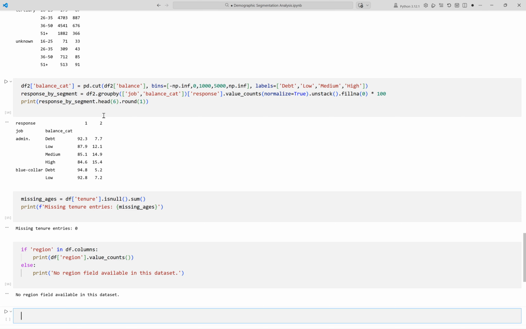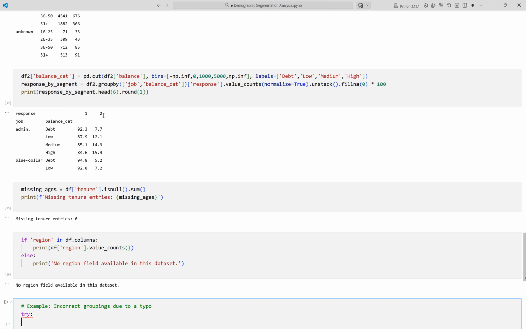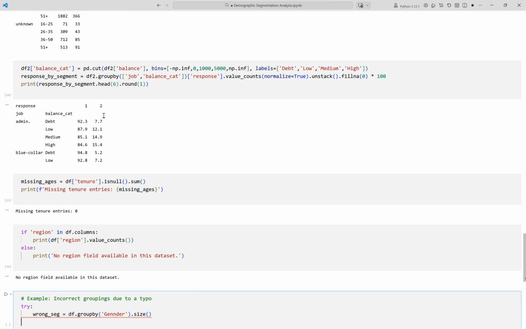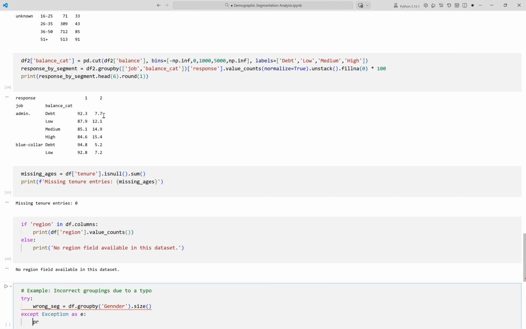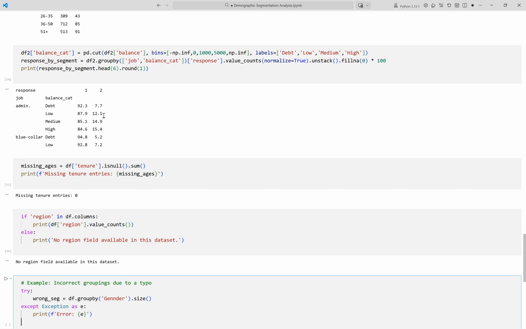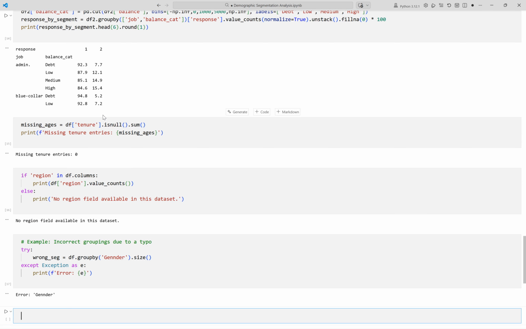Here we intentionally group by a misnamed column to illustrate a common error. The code will catch and print the error. This reminds us to double-check column names when segmenting. Running the cell now. This output shows a clear error caused by a typo in the column name gender instead